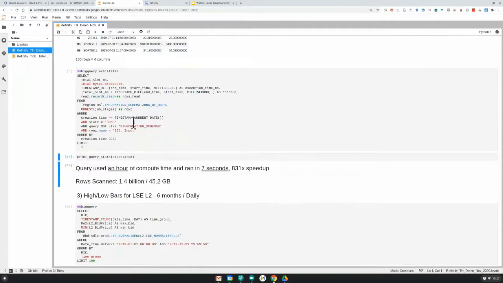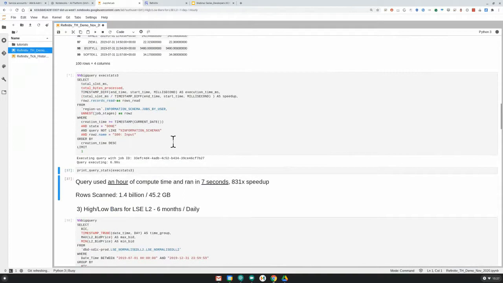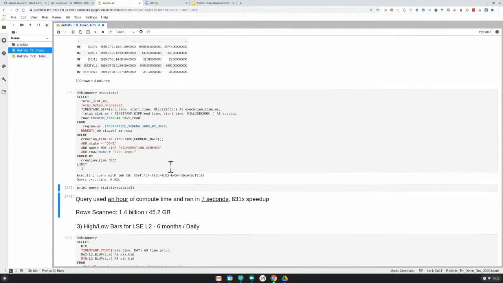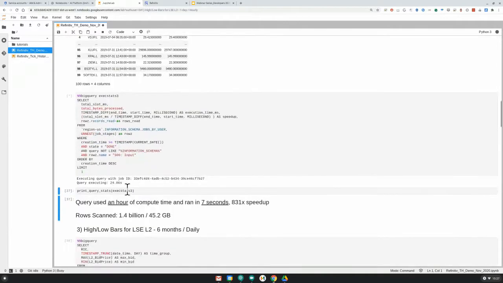This is pulling out metadata from our service, which gives me the computation details that I want to show you: how long did my query take to run versus how long did compute time take to run, and how much data was actually scanned, all of which is stored within our metadata tables of BigQuery. These are the execution stats I'm pulling out, and this will execute in just a couple more seconds. But